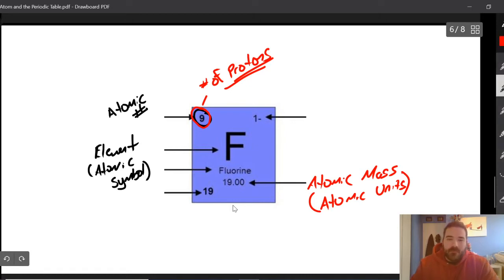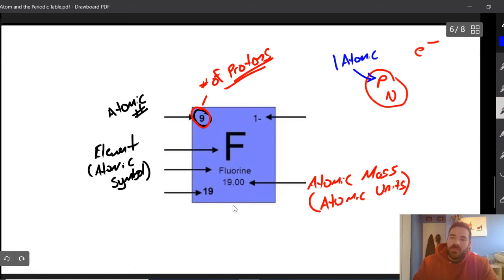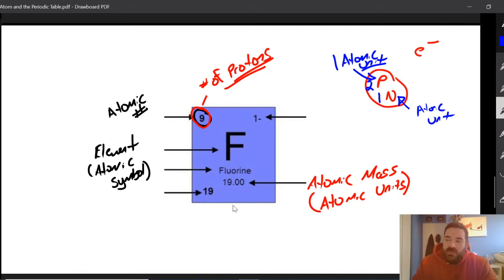So we just said, look, if we have protons and neutrons in the nucleus, and then we have electrons on the outside. Protons and neutrons pretty much weigh the same thing, so we're going to say each of these weighs 1 atomic unit, because that makes it easy. So a single proton is 1 atomic unit, and a neutron is 1 atomic unit. So if we had 2 protons and 1 neutron in the nucleus, this would be a total of 3 atomic